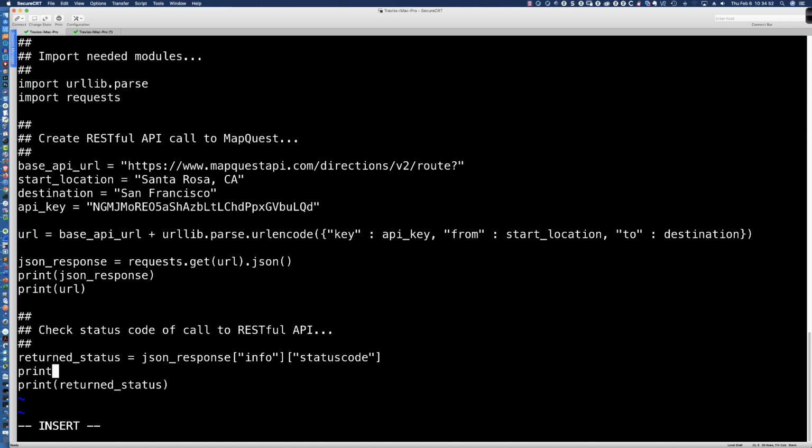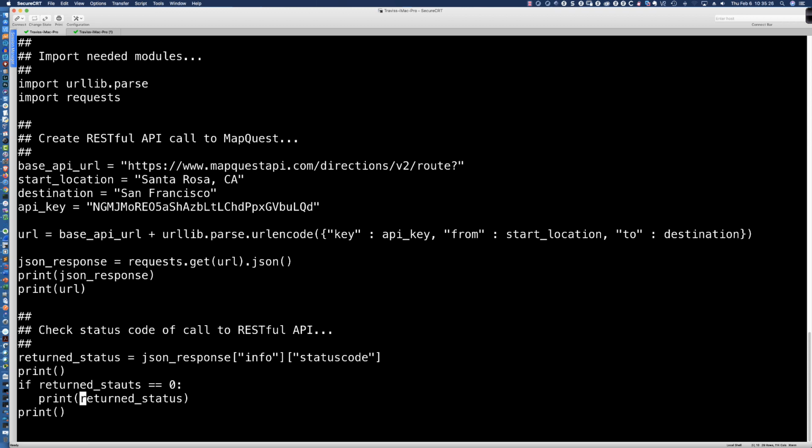And let me actually throw in a print function here. And let's put one at the bottom here to separate things out. So here's what I would really like to say. And in fact, let's make sure that we check. So if returned_status is equal to 0, right? So we've got this if-then kind of construct here. So if that value, the return status value, is equal to 0, we're going to print out,